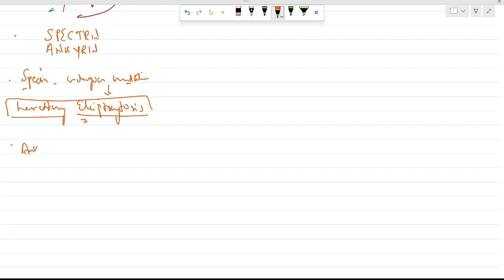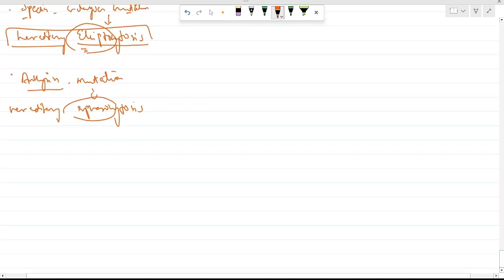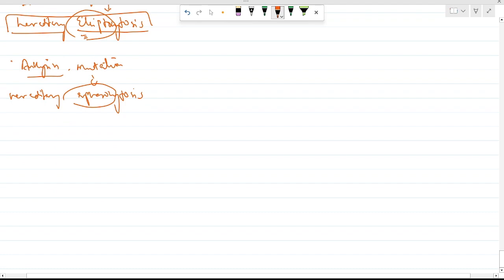And next, this ankyrin protein, if undergoing mutation, it leads to hereditary spherocytosis. The RBC cells become spherical in shape. Here the RBCs become elliptoid in shape. So what's the problem going forward? So this disorder in shapes,